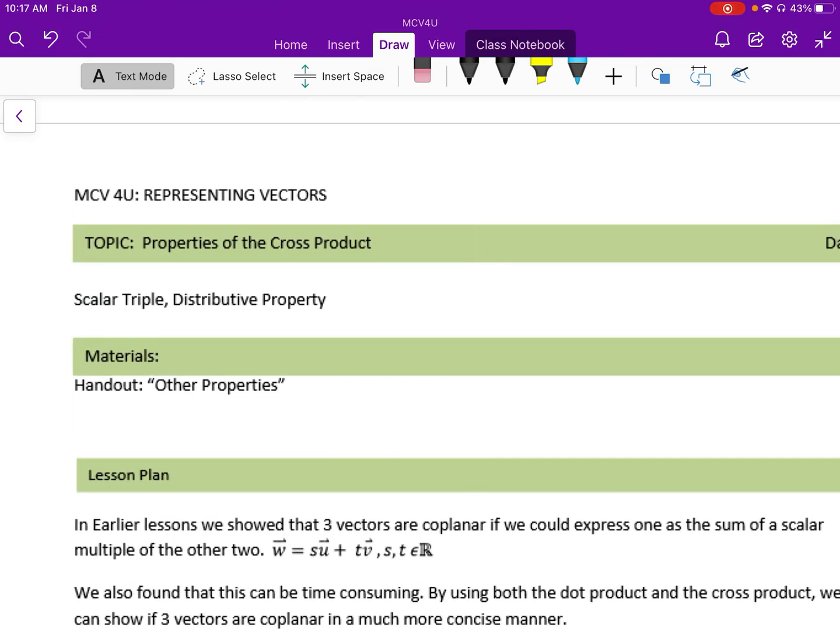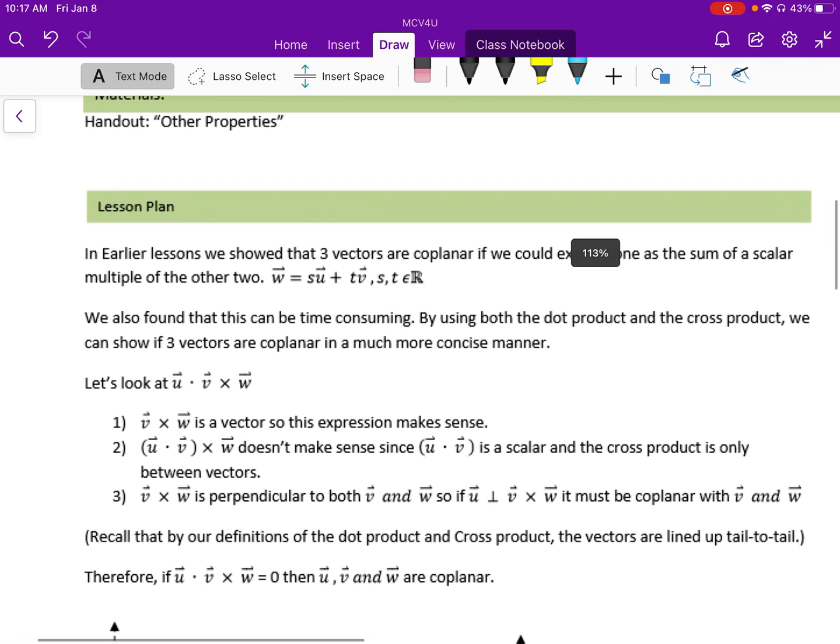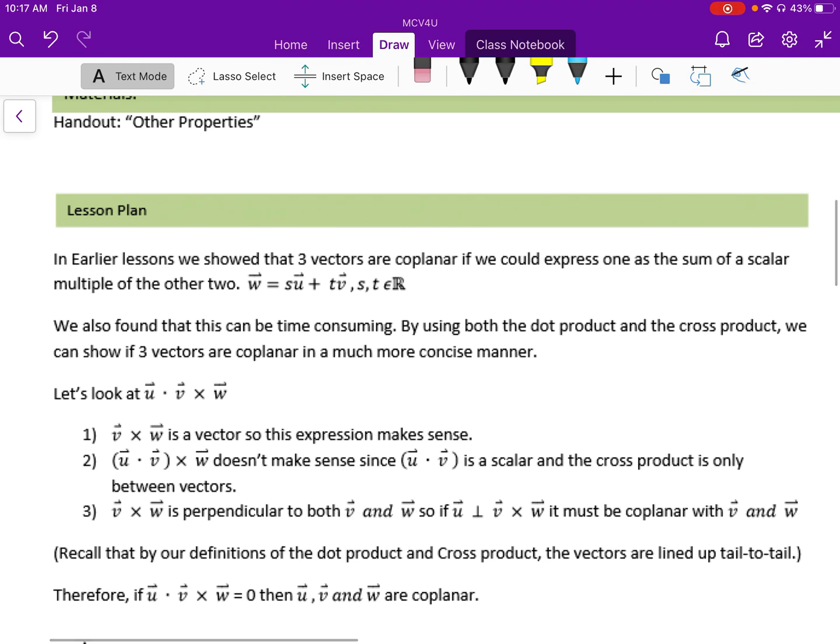So in this final lesson of chapter 2, or unit 2 here, what we're going to be taking a look at is basically some properties and some things that we can do with the dot product. First of all, now that we have the cross product, we can show that three vectors are coplanar in a lot more efficient method